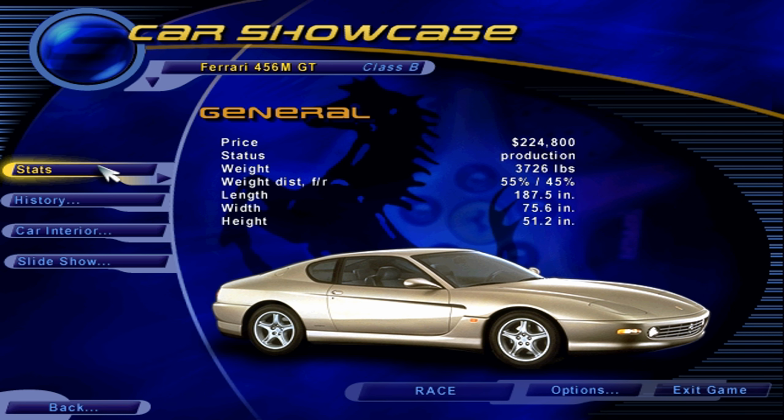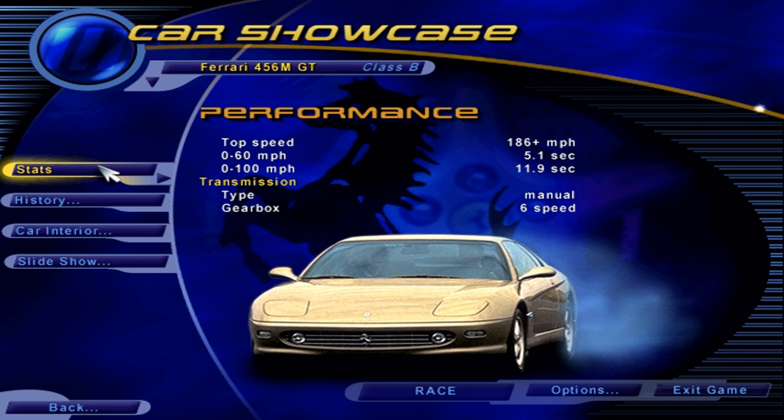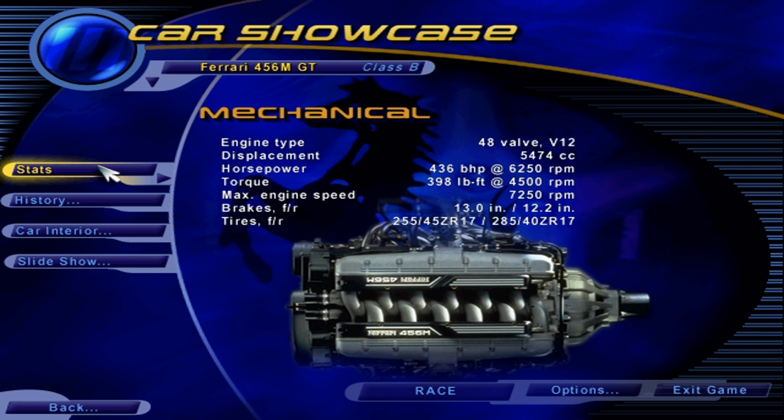The 456 was styled by famed Italian studio Pininfarina, and it shows in every line. Perfectly proportioned and with no spoilers to mar its lines, it looks superb from every angle. The hood of the 456M is so low, it's hard to believe that a potent 5.5-liter V12 nestles under it, especially one that puts out 436 horsepower. This might be a touring car for four, but it's almost as fast as other Ferrari models built just for two. Top speed is over 186 miles per hour, and 60 miles per hour comes up quickly in just 5.1